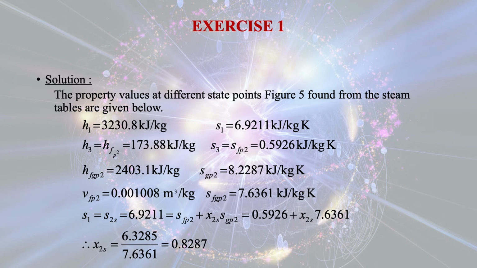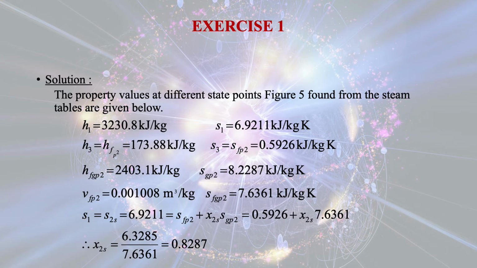Now H1 is 3230.8 kilojoule per kg because the pressure is given and temperature is given. Before entering into the turbine, the steam was superheated, the pressure is given, superheated temperature is also given. So we can calculate the enthalpy at state 1, that is H1, that we get from the steam table, and here the value of H1 for this particular pressure and temperature is 3230.8 kilojoule per kg. The entropy at the point 1, that is S1, is equal to 6.922 kilojoule per kg K,